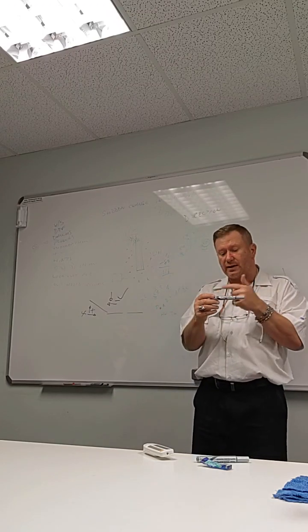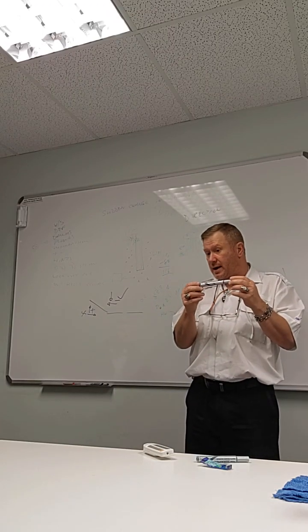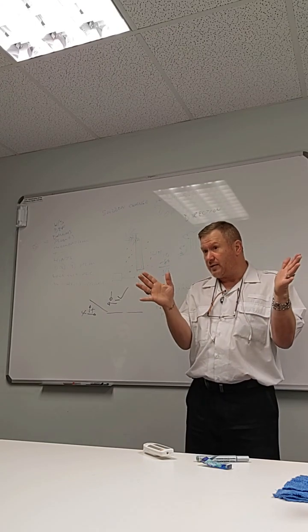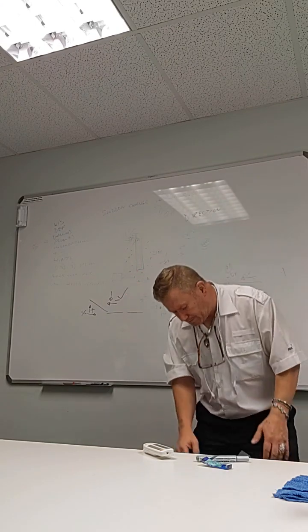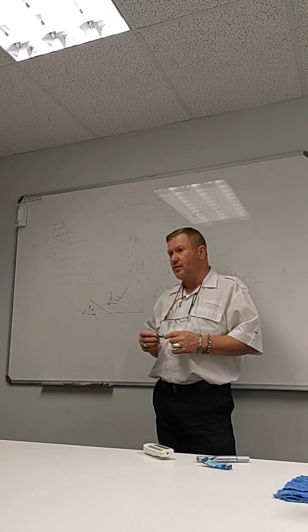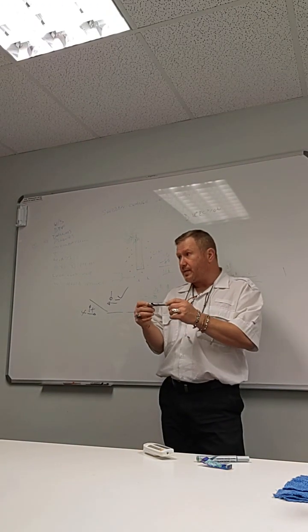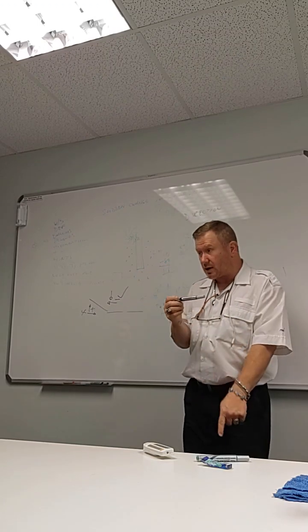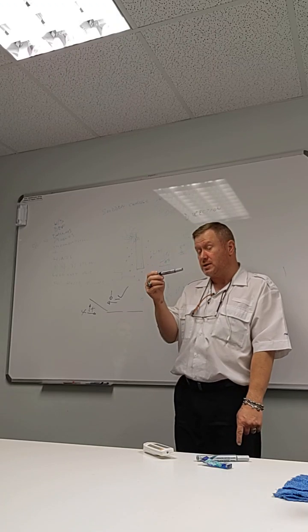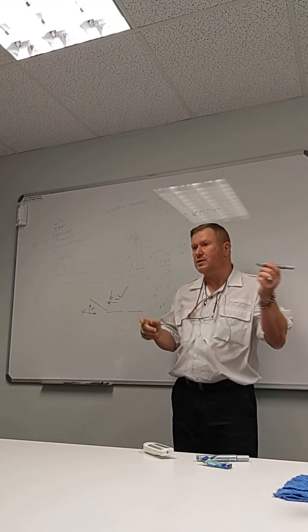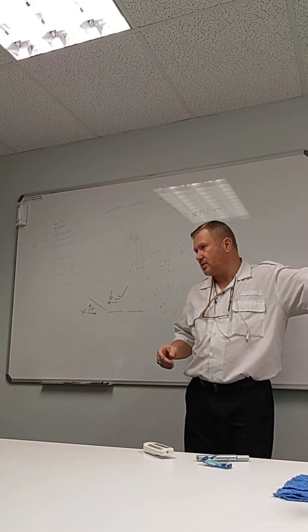Now, if I am flying in this wind that's blowing at 100 knots, and I'm standing still in relation to the air, my plane does not have momentum. If I leave the wind, I fall out of the sky. Conversely, if I have a tailwind of, let's say, 100 knots, so now I'm flying 100 knots and the wind is blowing 100 knots, I'm flying at 200 knots in relation to the earth, but I'm still flying 100 knots in relation to the air mass. If I now take the 100 knots away, I've got momentum. It will still travel for a bit and then it will regain and continue flying.